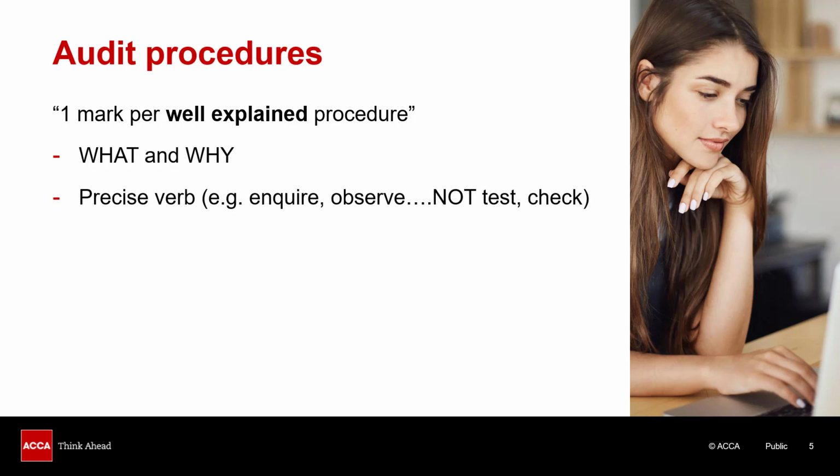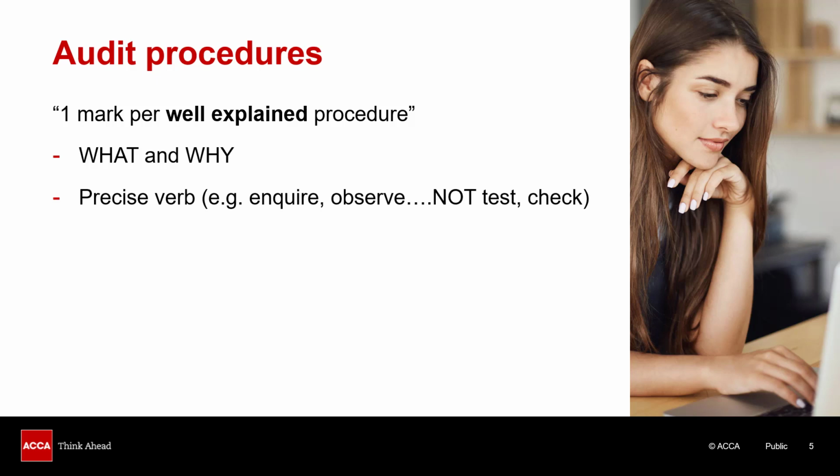Be really precise about the verb that you use. So use verbs like inquire or observe. Don't say general things like test or check. You might have been able to get away with those in the audit and assurance paper, but at this advanced level, the examiner is expecting more from you, and they expect you to be precise in the way you describe